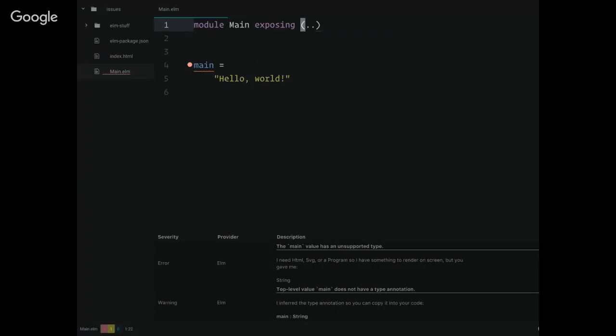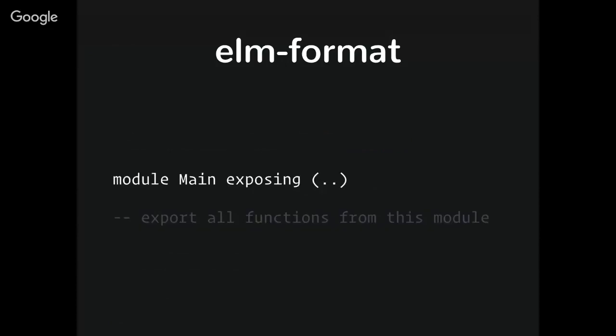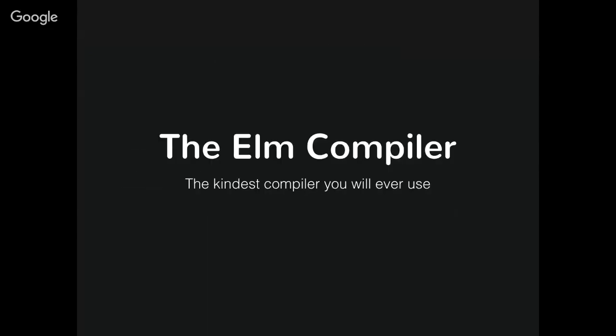And then you get some notices down at the bottom there. So two things happen. One, elm-format ran. This is a plugin that you can get. It's just an extra package, and it will run all the code in your file through it and format it for you. So if you are not keen on worrying about where to indent your code, don't worry about it. Elm will just fix it for you. The second thing that happened, sorry, I covered this earlier, was elm-make ran, and this is the Elm compiler.